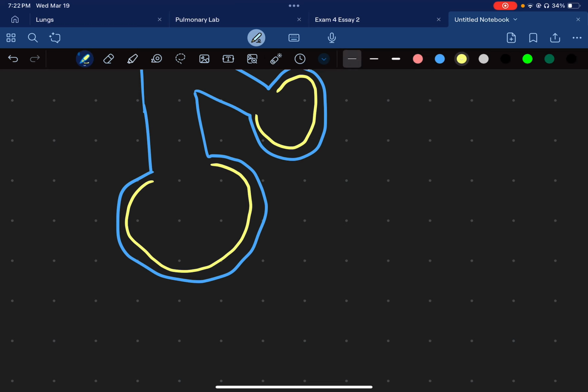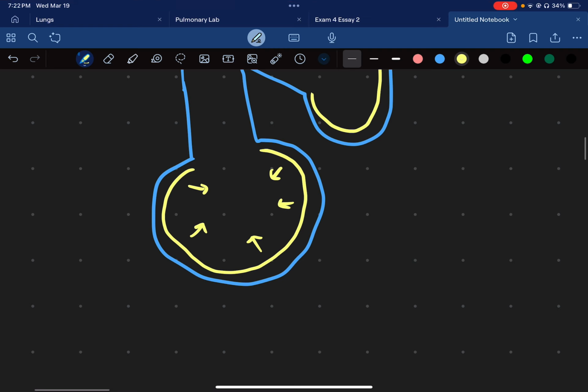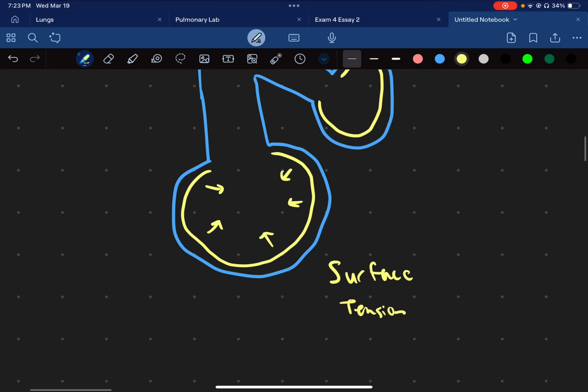But there's also an attractive force inwards to other water. What that is called is surface tension. Now, on one hand, it is good that we have surface tension because it's giving us elasticity to the lung. It's helping the lung be able to push out air when it's inhaled. But